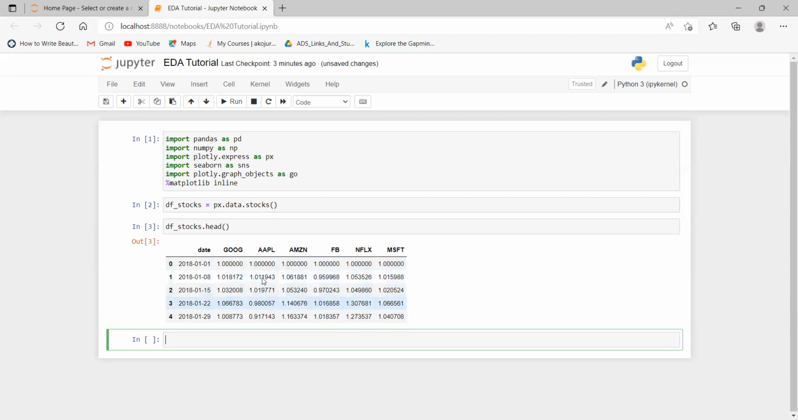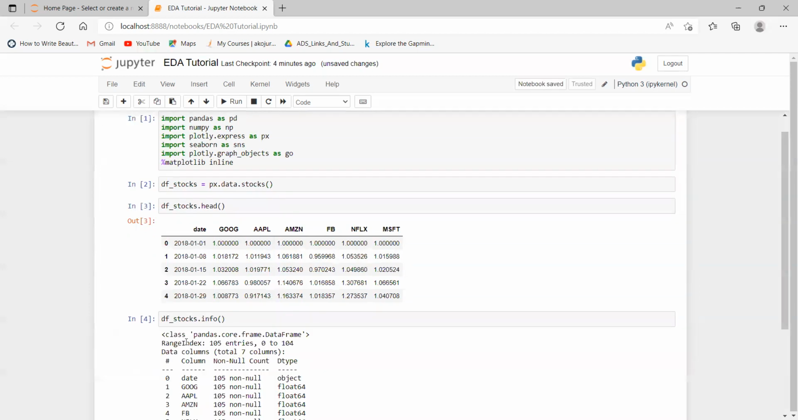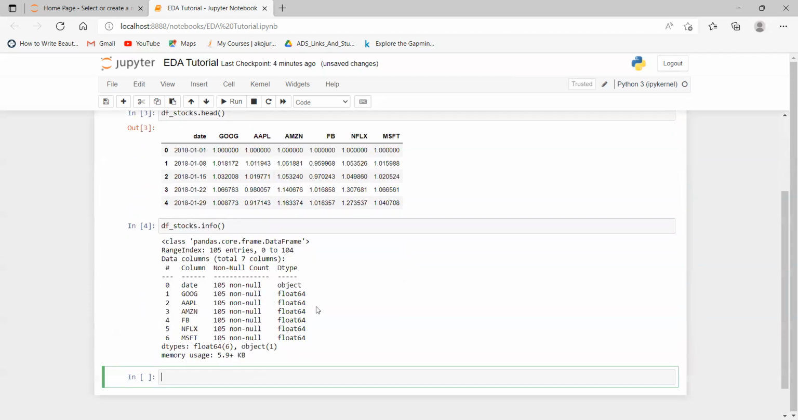Based on the problem, we can find out how Google is moving, or how Apple is moving, or Google versus Apple. We can also look at the overall data present in this using df_stocks.info. Here we can see if there are any null values. The main objective of exploratory data analysis is to find if there are any null values, or if there are